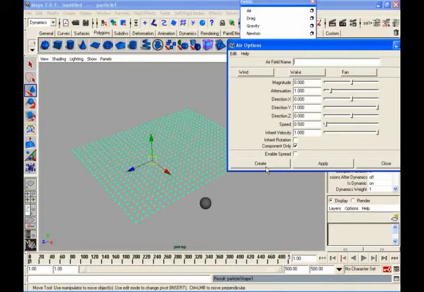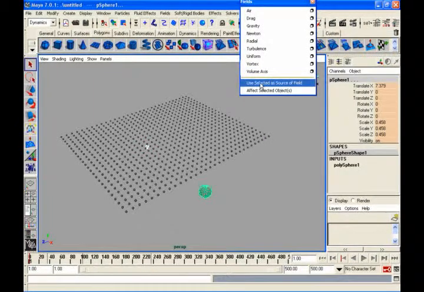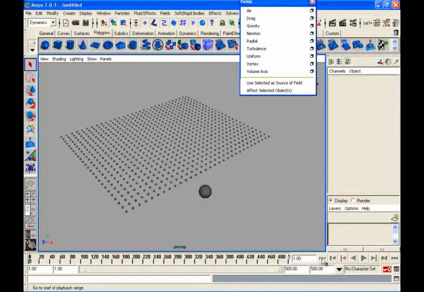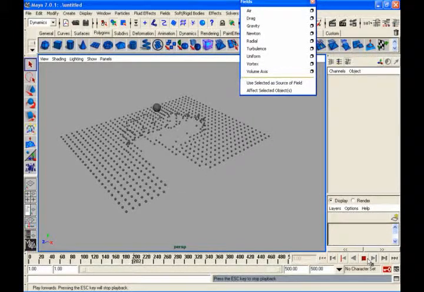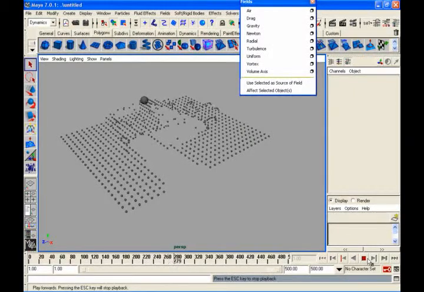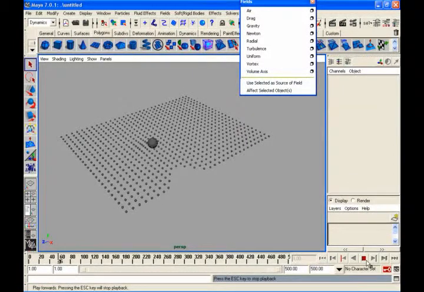Then I want to connect this to this. Just select that field and select this and use the option called use selected as source of field. That means this source of field will be applied to this. Just say use selected. It will be parented to my object. Now see the influence. It's creating a wake wherever that object is going, just pushing the particles here and there. So wake can be used for a car, sand, and all these things you can create. Imagination is unlimited. You can imagine so many things. That's the operation.